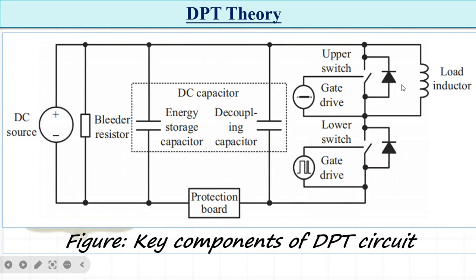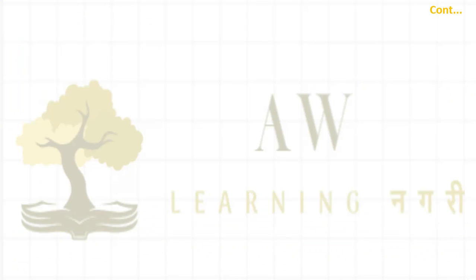This theory we have covered in the previous class. So all these things designing is very important, and this thing we will see in this lecture. So you just take the screenshot of this circuit, because we will design how to take value of DC source, what value of bleeder resistance we will take, what value of the different capacitances we will take. So all these things we will see in the theory first, right? So we will start with them one by one.